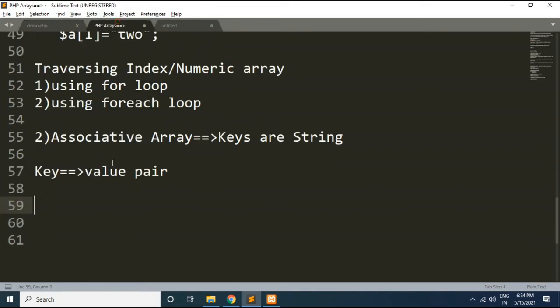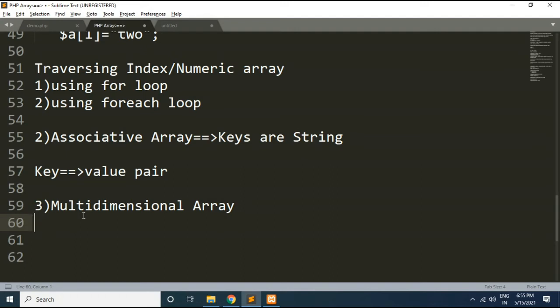Now we will see the third type of array, the multi-dimensional array. What is a multi-dimensional array? In this array we can store another array at every index of a single element.